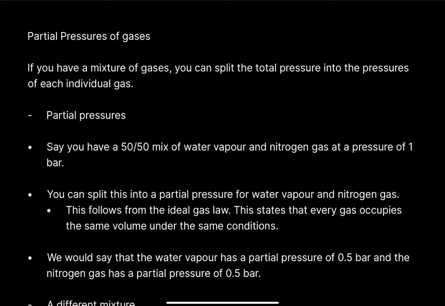Alright, welcome to another AQA A-level chemistry video. Today I'm going to be doing a video on equilibrium constant, of which I'll be doing properties of Kp. So I'll be talking about partial pressures of gases, what Kp is, why it's used, and